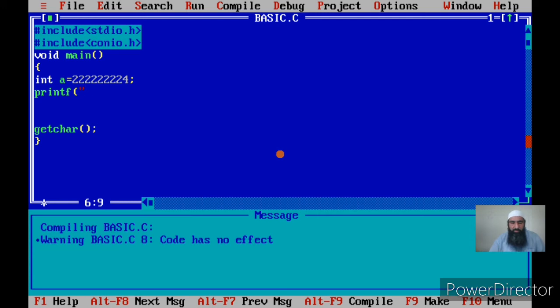It is some 32,000, but I am giving a very big number. Let us see what a will hold. But a does not have the capacity to hold that. Its size is just 2 bytes, and 2 bytes are not enough to hold such big numbers. 2 bytes are enough for holding the numbers whose range I have already given in the table.